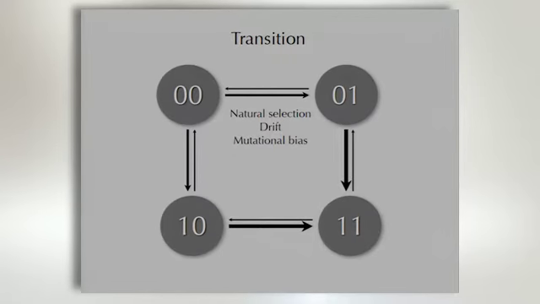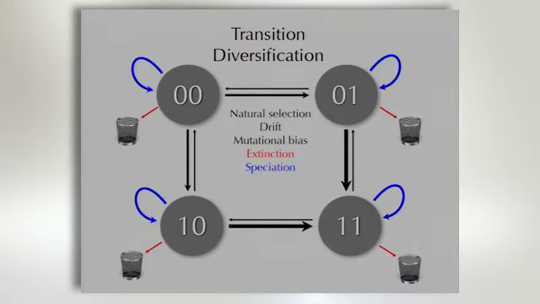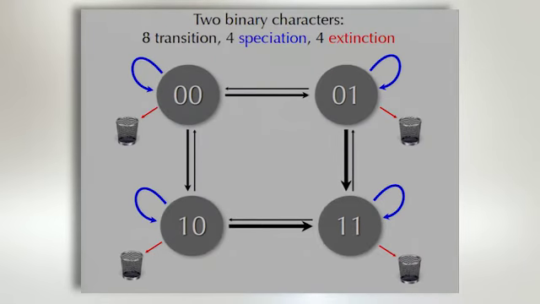So we have this sort of transition taken care of, but now we want to explore the influence of diversification. And so we can add in speciation rates, these blue areas. So when lineages that possess that particular combination of characters speciate, it increases the frequency of that character combination, and extinction will decrease the combination of that character. And using these SSE approaches, we can calculate these rates. So for example, in this 2 bivariate character combination example, we can calculate 8 transition rates, 4 speciation rates, and 4 extinction rates that would determine the distribution of these character combinations.